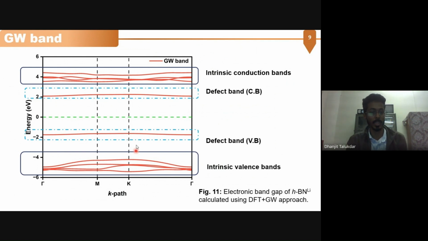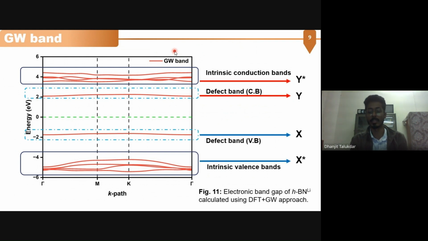So this particular defect band in this valence band region is coming because of the lithium s orbital, and this particular band over here in the conduction band is coming because of the nitrogen 2p orbital. So let us name them so that we can go for further studies. We have named these defect bands X and Y,